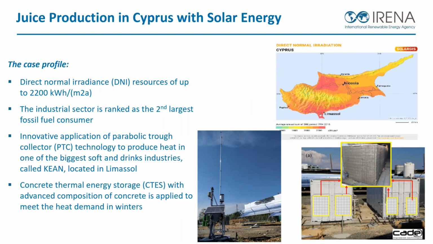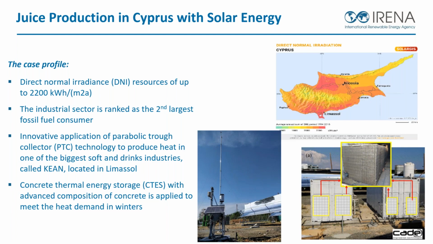I think the key takeaway for this is that concentrating solar thermal is conventionally used for generating power, but gradually you can see it increasingly used for thermal applications for industry. Industry energy use is a little bit challenging currently, in terms of how we can decarbonize that sector. So this could be one of the options.